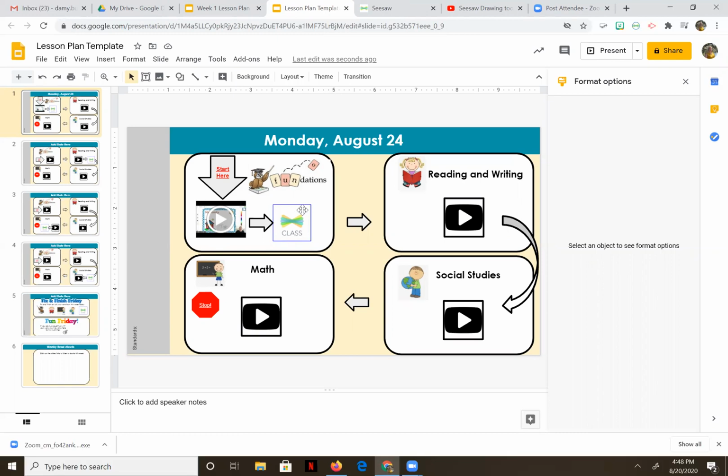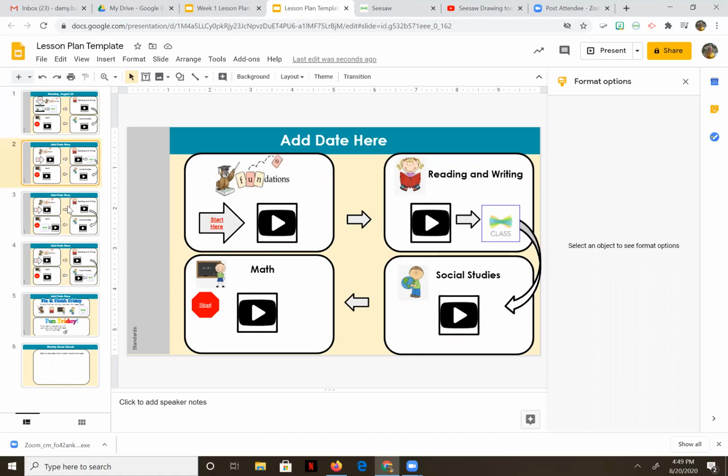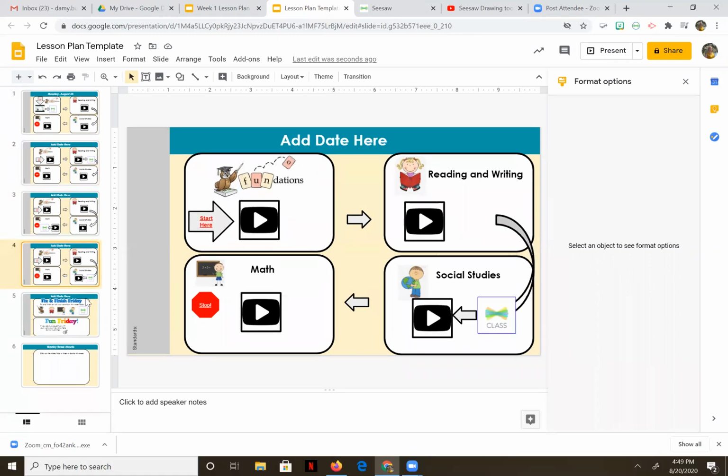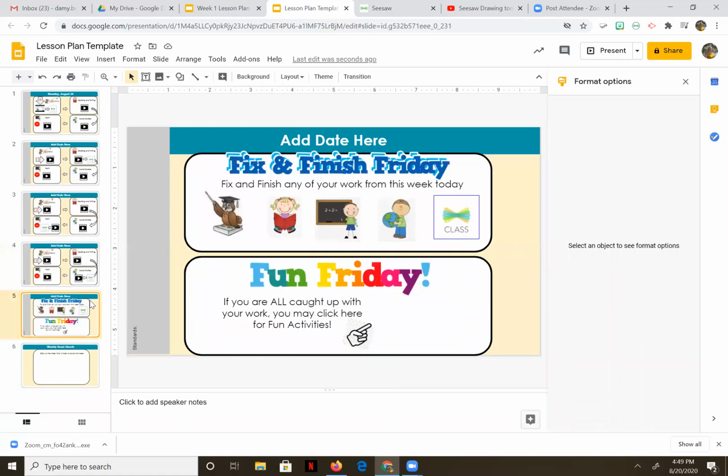We may try to embed some videos straight into Seesaw to avoid the clicking back and forth, but eventually that's our plan. But for now, this is what we're doing. We're going to do the same kind of thing 5 days a week. And then for our kinders, we're deciding that we would like a fix and finish Friday